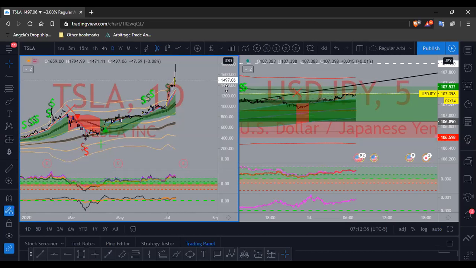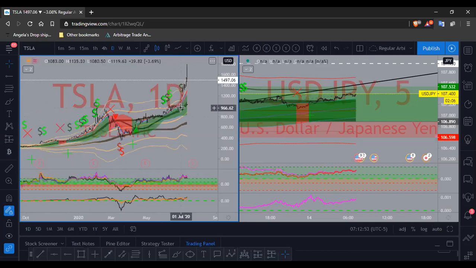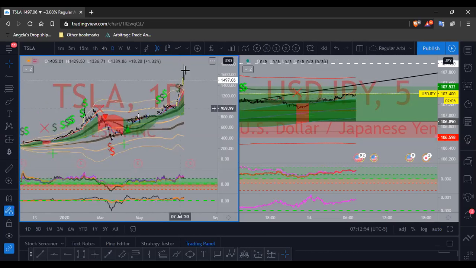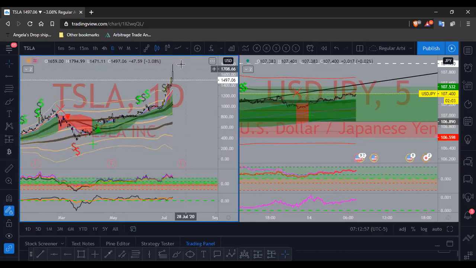But man, it's crazy. What? 1,500 right now? That's crazy. That's an unfair value. Exactly. Who would have imagined that Tesla would be this high this fast? That's why they say Tesla is kind of like Bitcoin, because it just moves sporadically. Who would have thought, man? But anyways,